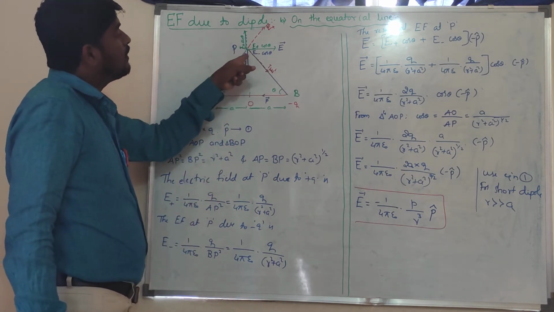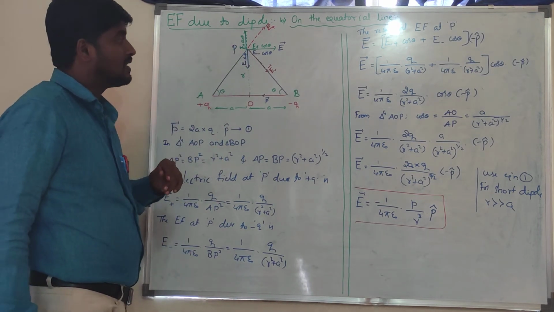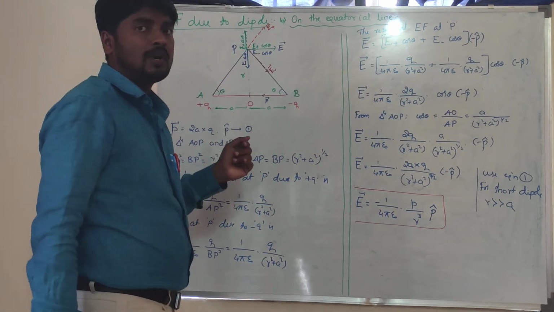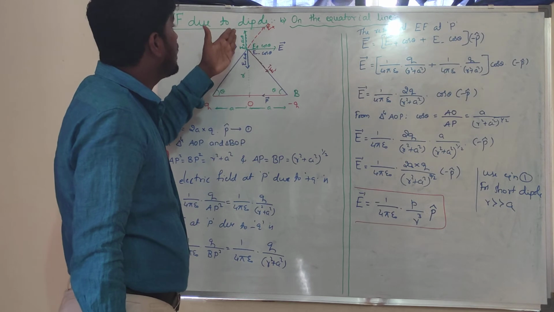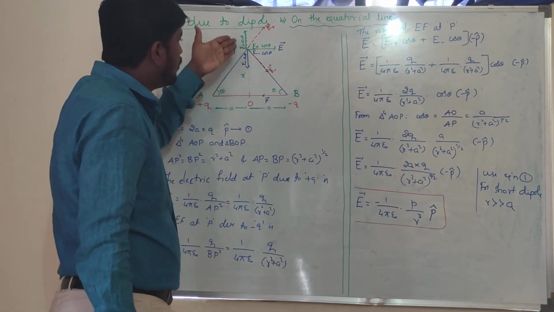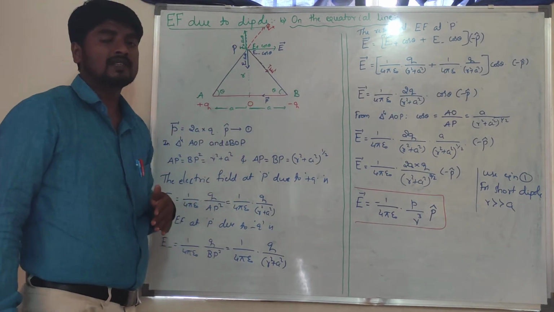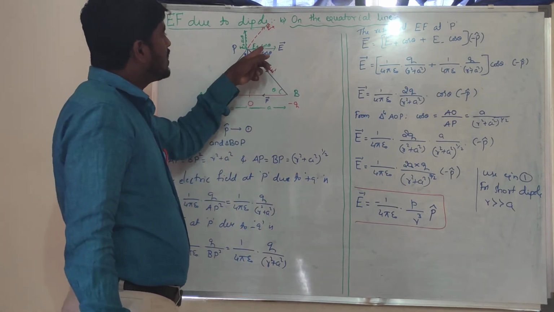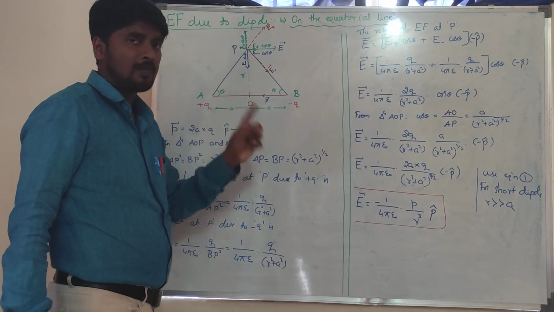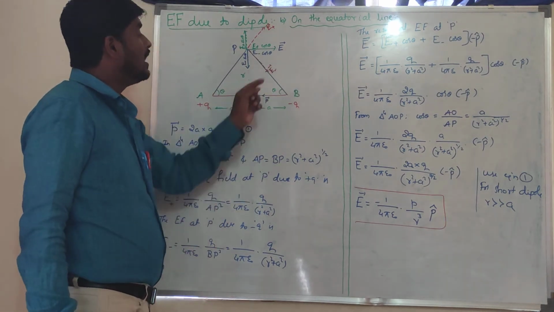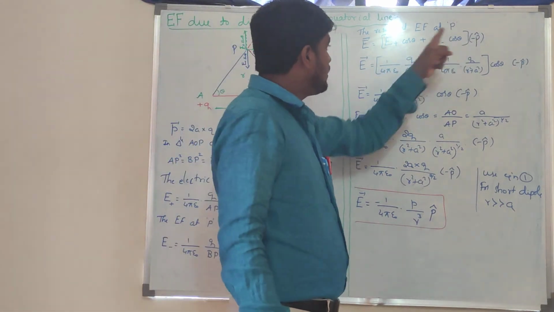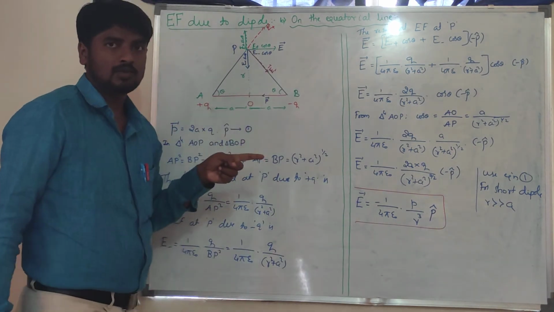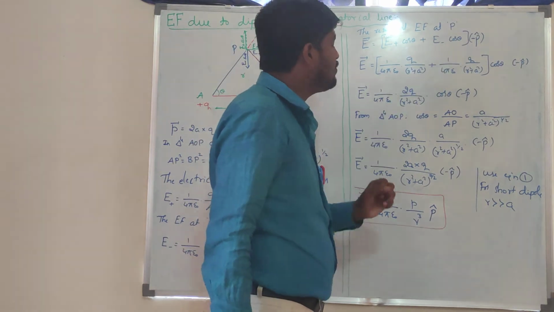Then both the vector quantities are acting in different directions, which means I have to resolve them into perpendicular and parallel components. If I resolve them, both the perpendicular components are going to cancel each other because of equal magnitude in opposite directions, and the parallel components are acting in the same direction, hence they add up. Minus sign, why I have taken the minus sign: here the direction of the electric field and the direction of the dipole moment are in opposite directions. That is why I mentioned minus p.